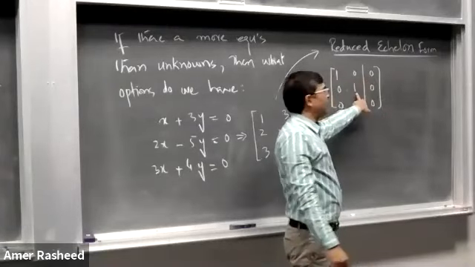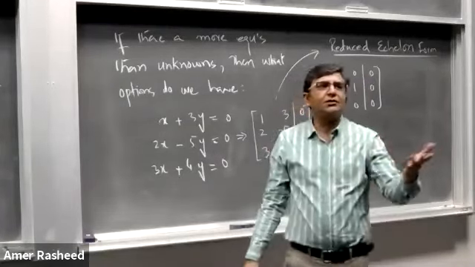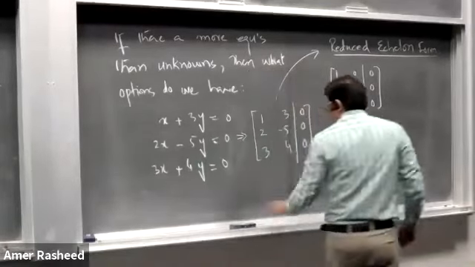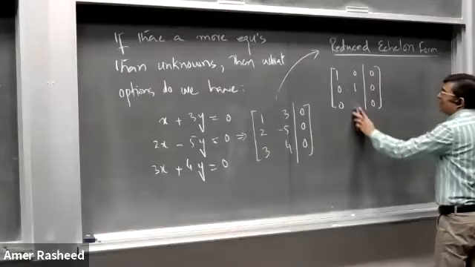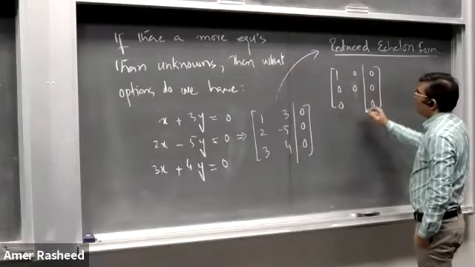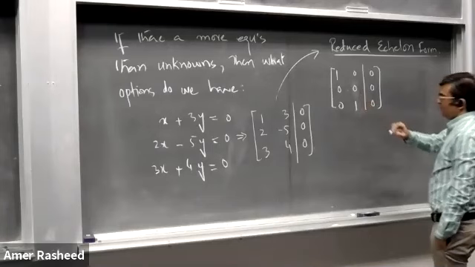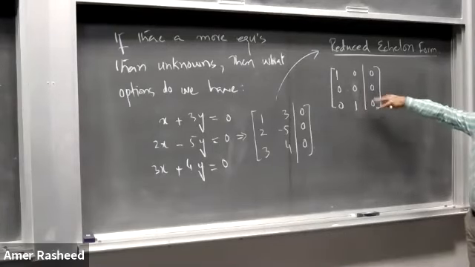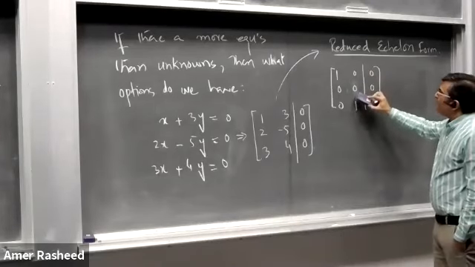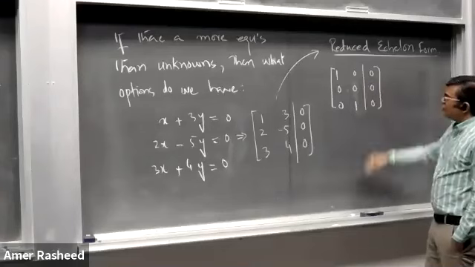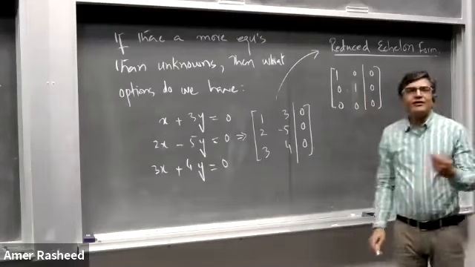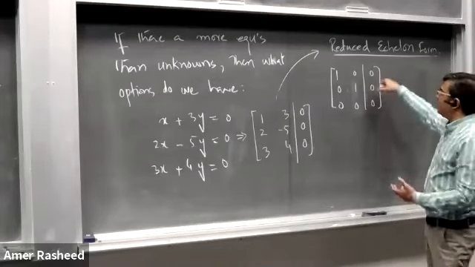x1 is equal to 0, and from here you can get x2 is equal to 0. Okay, or x is equal to 0, y is equal to 0. You can get a unique solution. This is the one option. The second option is you obtain some number here, 0, and you get 1 here. In that case, you are getting the same thing. You can interchange these two rows and you get again the same thing. You get a unique solution, which is obviously a trivial solution, because the right hand side is 0.